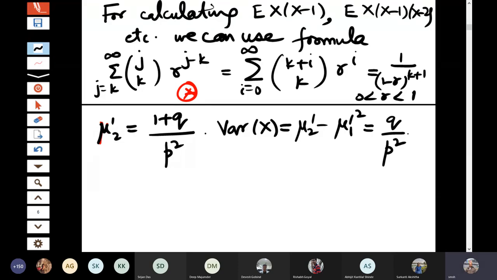Actually, I am not calculating here the third one and fourth one because the form of the distribution is such that you can easily make out what is the shape of the distribution. For example, the first probability that you are having is p. Then second one is qp. Now q is a number between 0 and 1, so it will become less than p. So it will reduce. Then the next one is q square p. So it will further reduce.